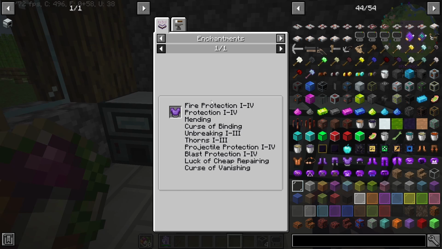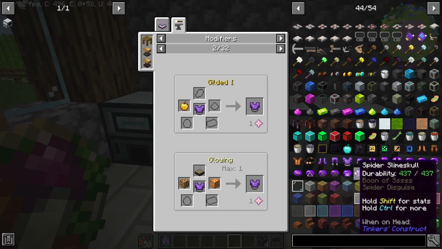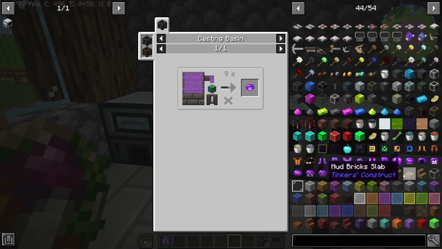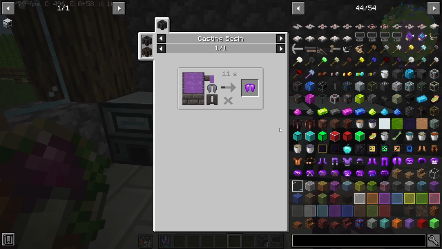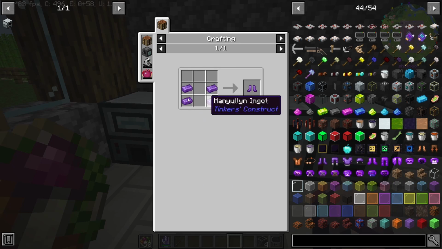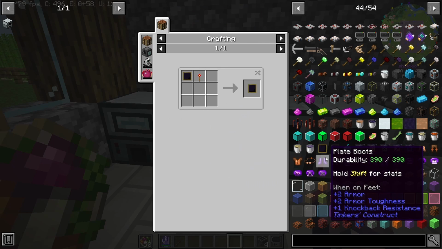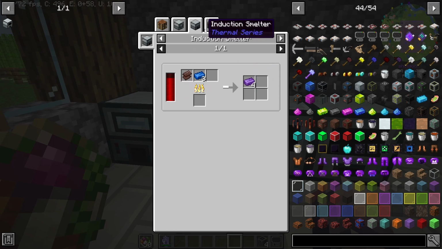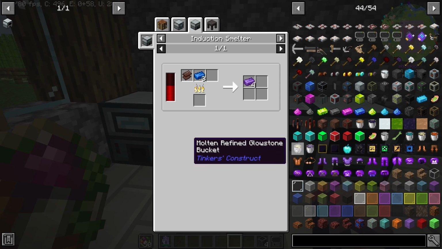Plate chest body. Huh. They've got a whole new set of armor. I kind of am curious how decent this is. Like the manual and plate boots and all that. I'm not 100% sure how good that would be. I mean, it is quite expensive. It does require netherite, doesn't it? Yeah, netherite scrap. So, I mean, that is pretty cool. But all right, anyway, let's, what